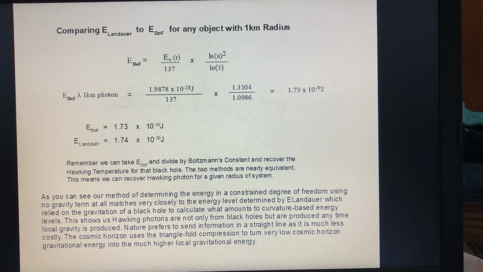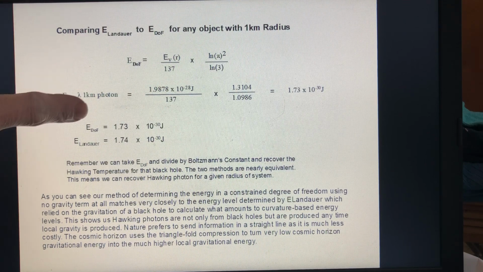Now we're going to compare E Landauer to E degree of freedom for any object with 1 kilometer radius. Now we know it doesn't have to be only a black hole. We found this with no gravity terms, just the cost of that occupied space. So we have the photon here energy,